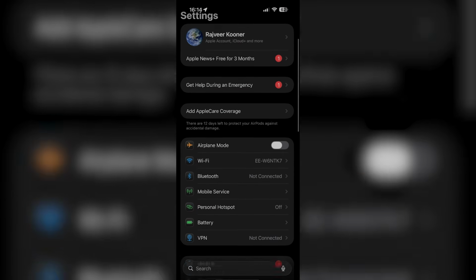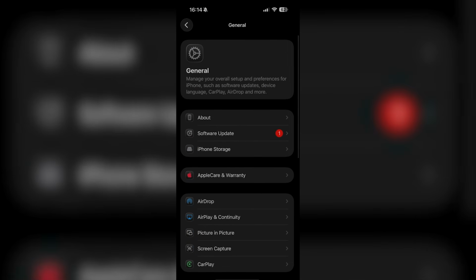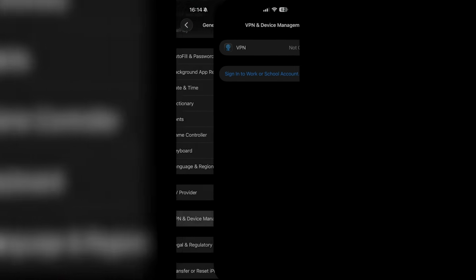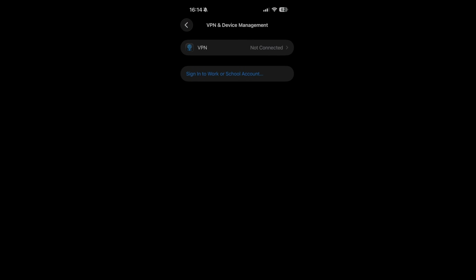So open up Settings, scroll down and go over to General, and then once you're in General, go ahead and find VPN and Device Management. Once you click on that, all you want to do is, under Developer App or Enterprise App, tap the name of the profile, and then tap Trust the developer name and confirm, and then try opening the